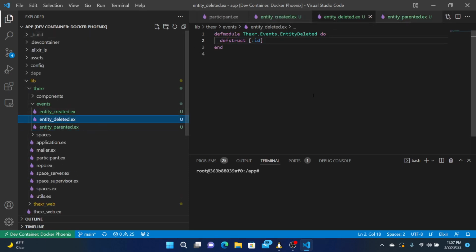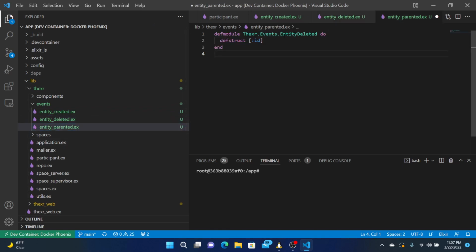Let's just grab some boilerplate here. So we can set two IDs. We need the child ID and the parent ID.